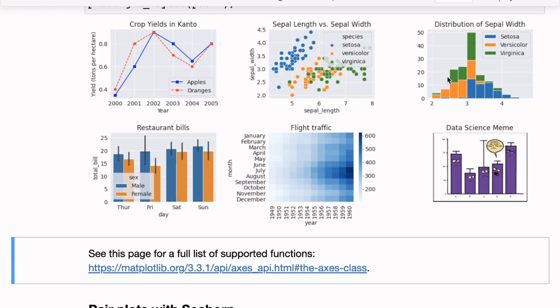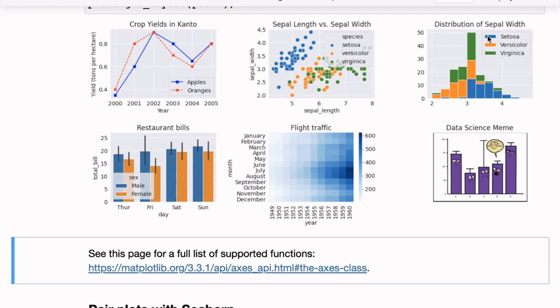Then we looked at the histogram, which is used to visualize the distribution of values of a single variable. So for instance, for sepal width, we saw how the values are distributed in the range of 2 to 4.4. It seems like a large number of sepal width values lie in the range of 3 to 3.25, about 50 values to be exact. And then there are a smaller number of values in each other range. So that gives you like a probability distribution.